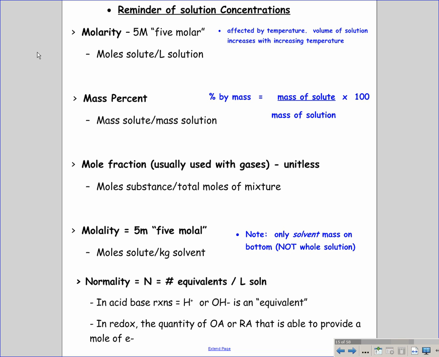I'm sure you guys remember most of this, but I have one example I'm going to repeat for all of them. Alright, so molarity, molar, big M, is moles solute per liter solution. And now, since we're doing solutions, we're going to be talking about each of the components. I really, really encourage you to write,